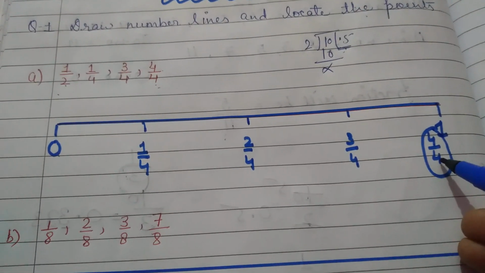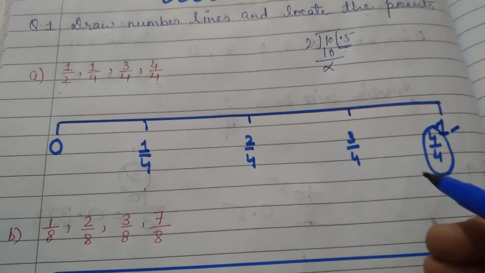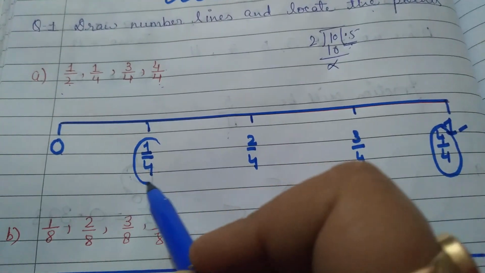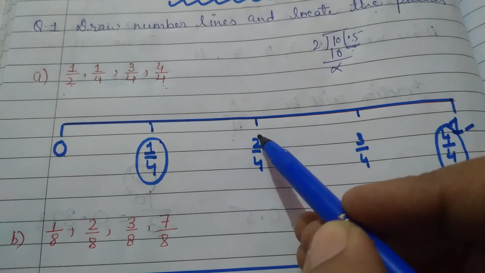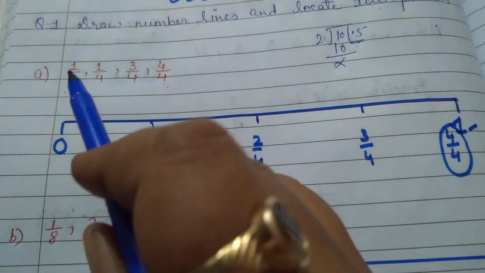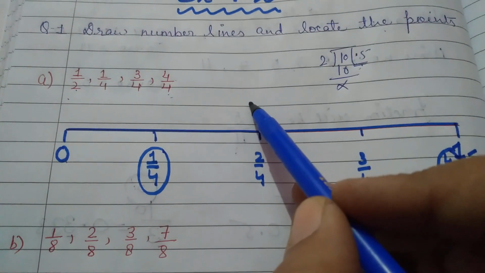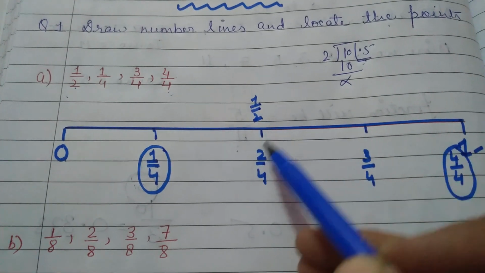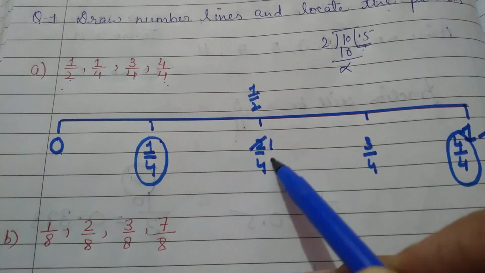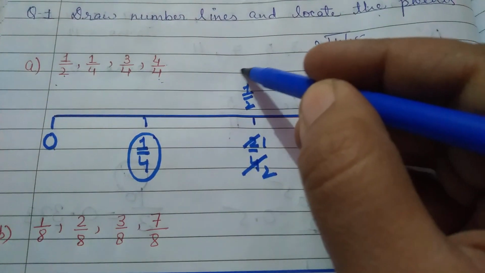Beta, we will divide 4 by 4, so 4 ones are 4, 1 will be the answer. Okay? So here 1 by 4 they have told us, so we have circled this. 2 by 4 is not given, but here you can see that 1 by 2 is given, and we know that 1 by 2 is half of anything, so it means that 1 by 2 lies here. And if you just solve this fraction, 2 ones are 2, 2 twos are 4, so 1 by 2 is here. This is the point 1 by 2.